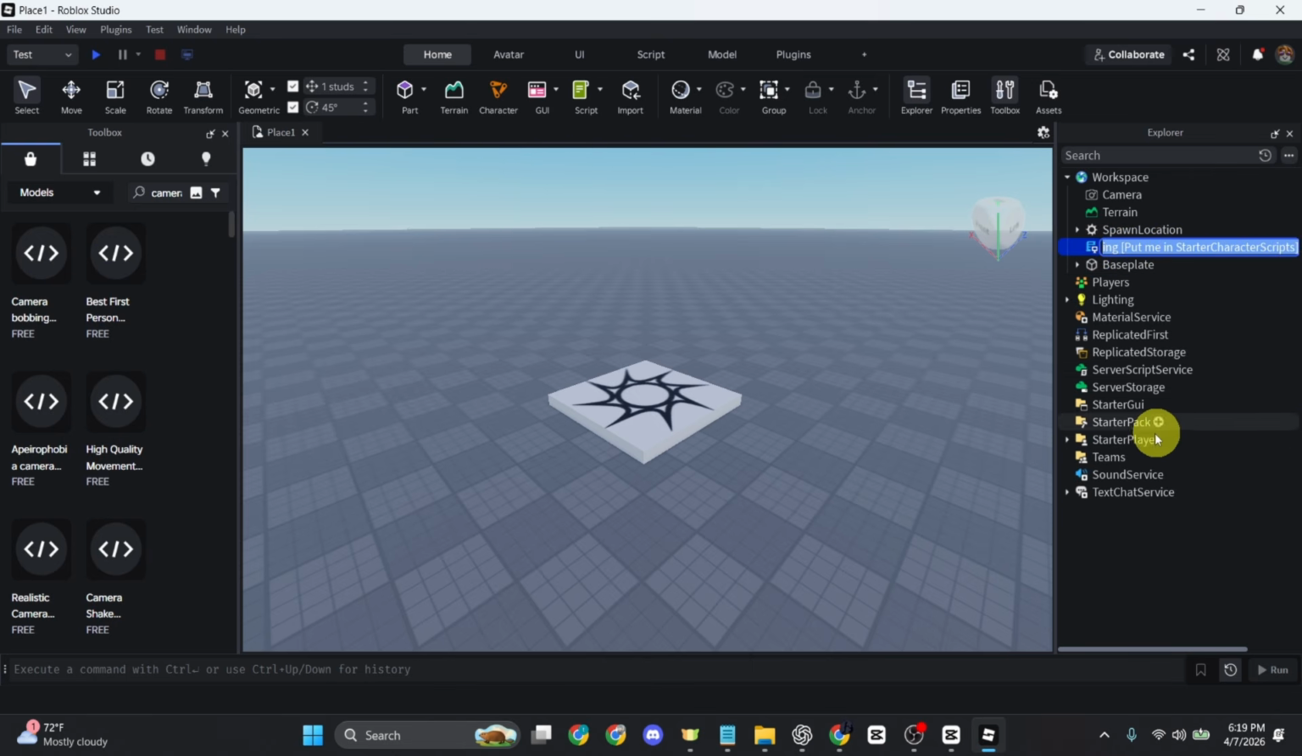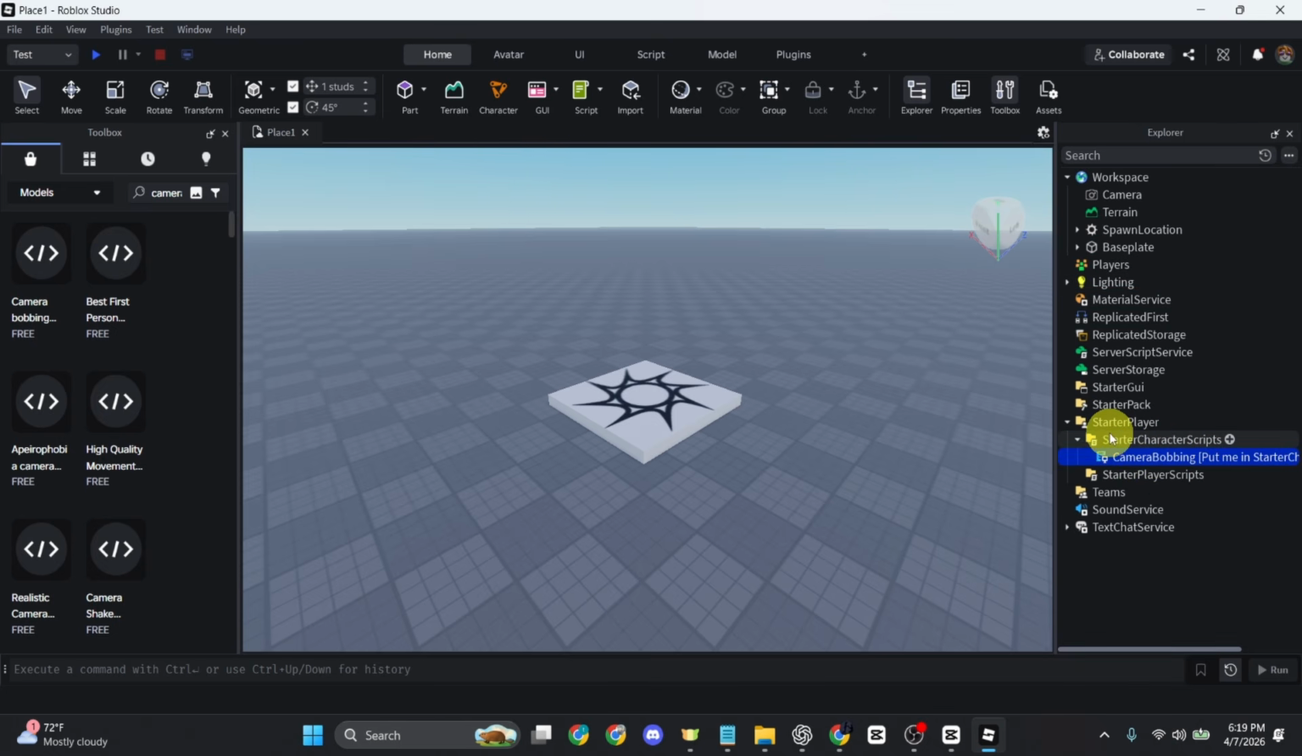So this is under starter player, I think. So we're just gonna figure it out. So we'll just go to starter player and you will see it was under starter player. So now just click on the camera bobbing and drag and drop it inside the starter character script like so. And once you have done that, you can just go ahead and click on it and the script